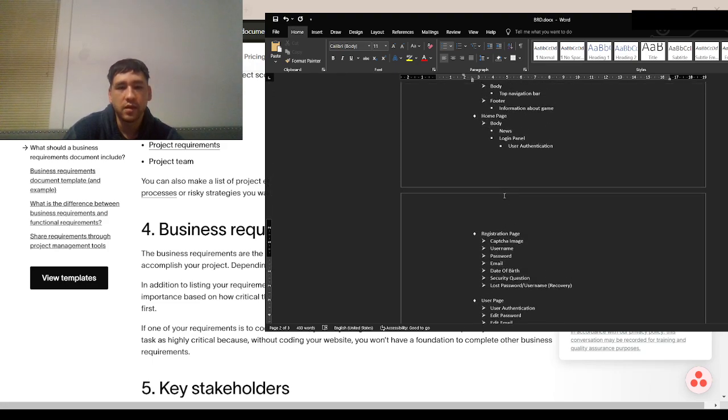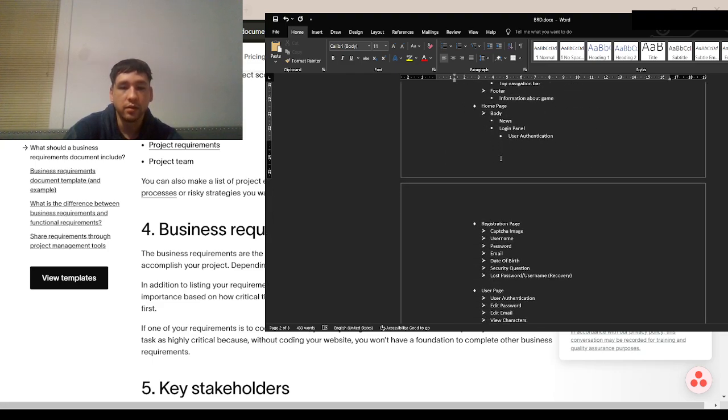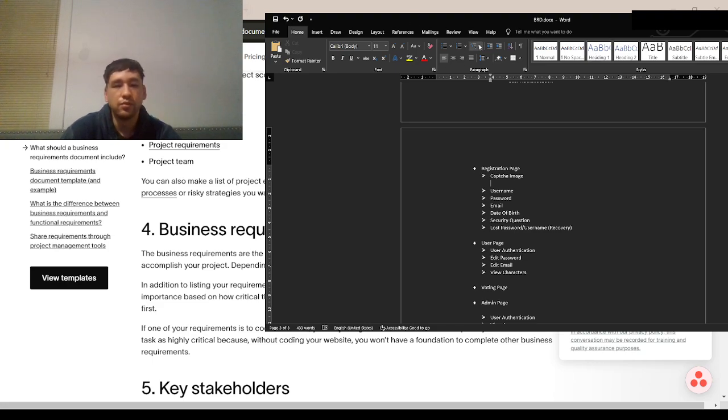I guess this would fall under create website here on the presentation layer, and it would be on the registration page. So here we have the CAPTCHA image. So we're going to have to create CAPTCHA images